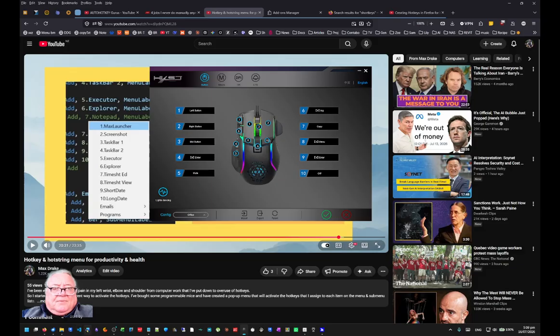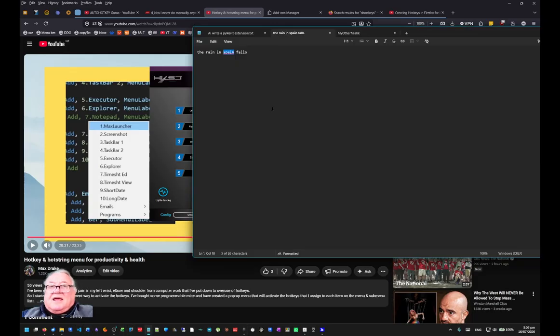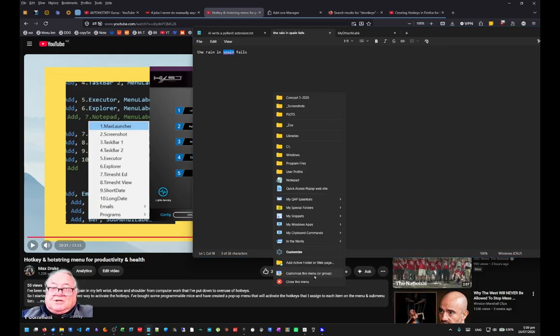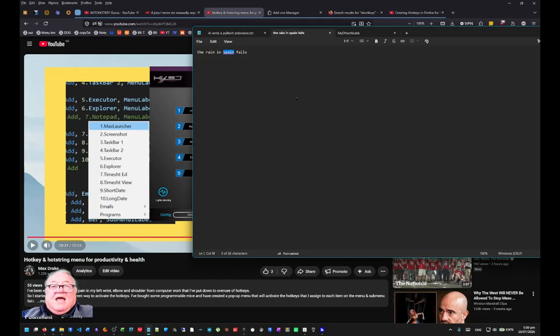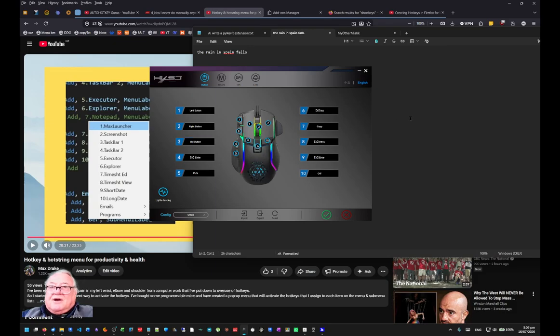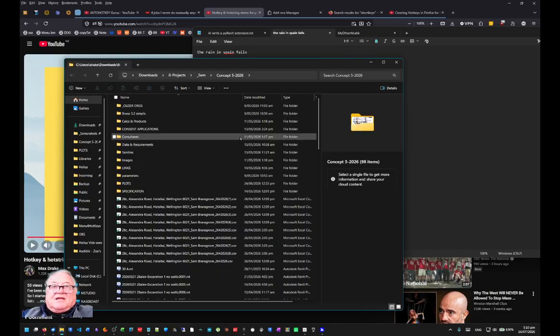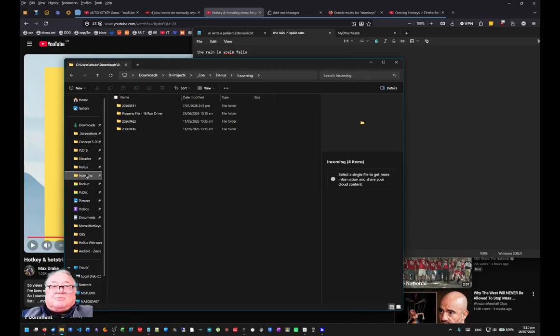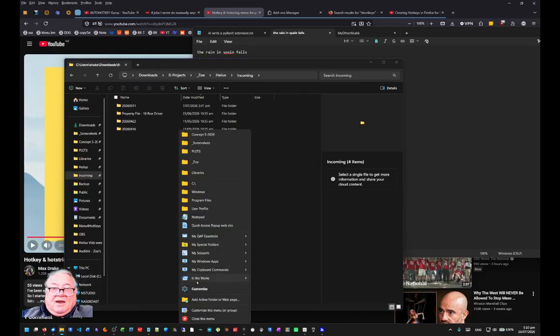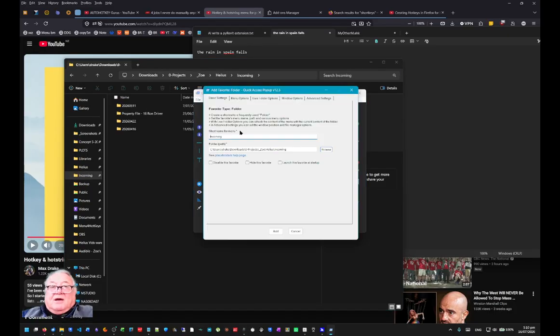If I'm in something like this, I've got another program, which is this one here, on the middle press of the scroll bar. So if I press the scroll bar 3, this is what pops up. This is a quick access pop-up, and I find it's brilliant for navigating around all my different folders and things like that. So I can be in this folder, and then suddenly I can say, well, I want a shortcut to this one here, incoming. So I can click on there, and I can actually say add active folder to my